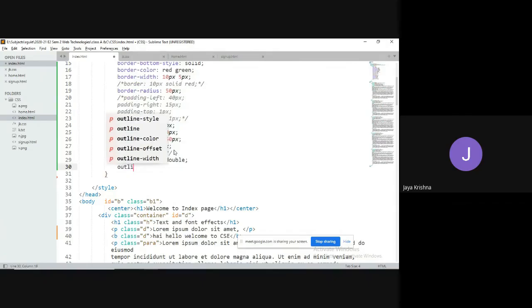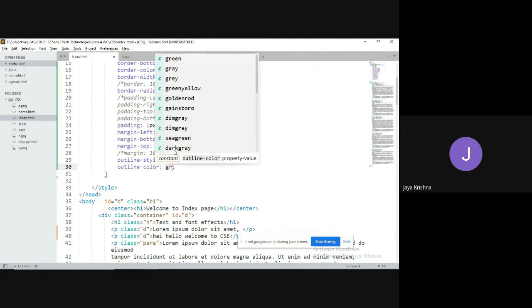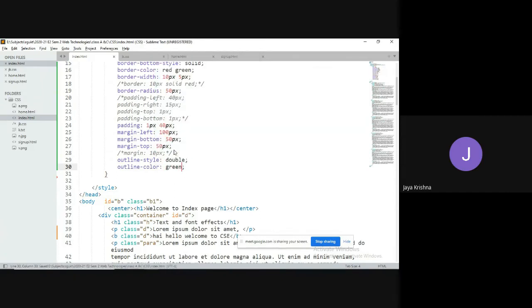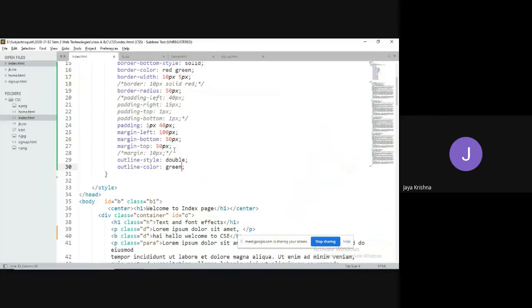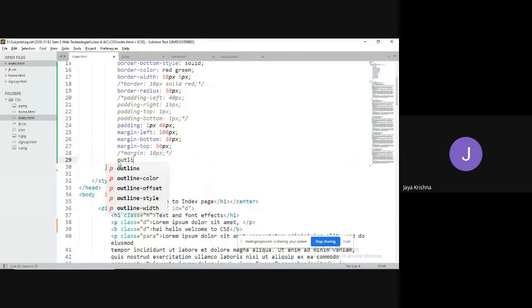Outline color, which is something like green color. See, observe guys, it is going to provide some kind of outline, meaning that around the border it is going to provide once again some kind of outline. That is the outline concept. Here, we can have a shorthand property called outline shorthand property.